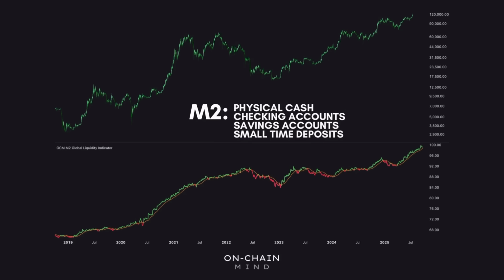Really, we should be looking at M3, which includes institutional money market funds and much more, because that's a huge pool of capital that can move markets in a big way. But the Fed stopped publishing reliable M3 data back in 2006, right before the global financial crisis, so we all have to settle for M2. Still, it's clear there's a lot more capital sitting on the sidelines than what is published in the media. If we're getting technical, M0 is the actual cash in the system, and everything else is essentially credit or leverage. That's why they have to keep debasing the currency.